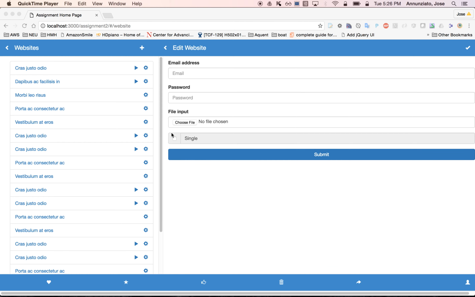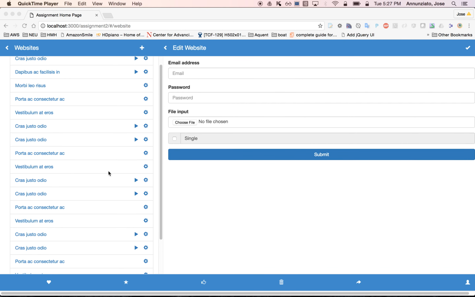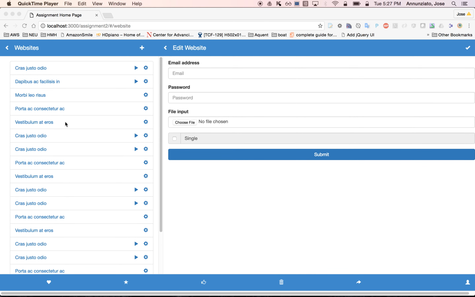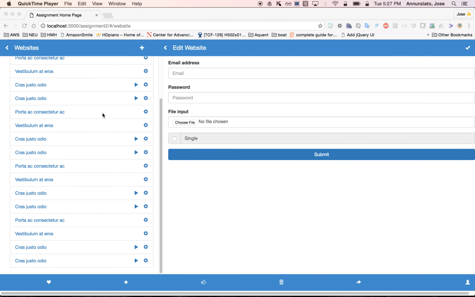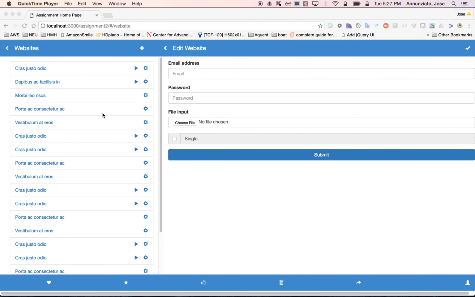So here on the left-hand side of this sample hard-coded static page, we have this list of websites that perhaps we can create new websites and edit them. And right now they're hard-coded using just line items in a long list of items. So we want to make this dynamic from some data that we might retrieve from a server. Right now, in this video, we're not going to be using a server. We'll be focusing on how the HTML can retrieve this data